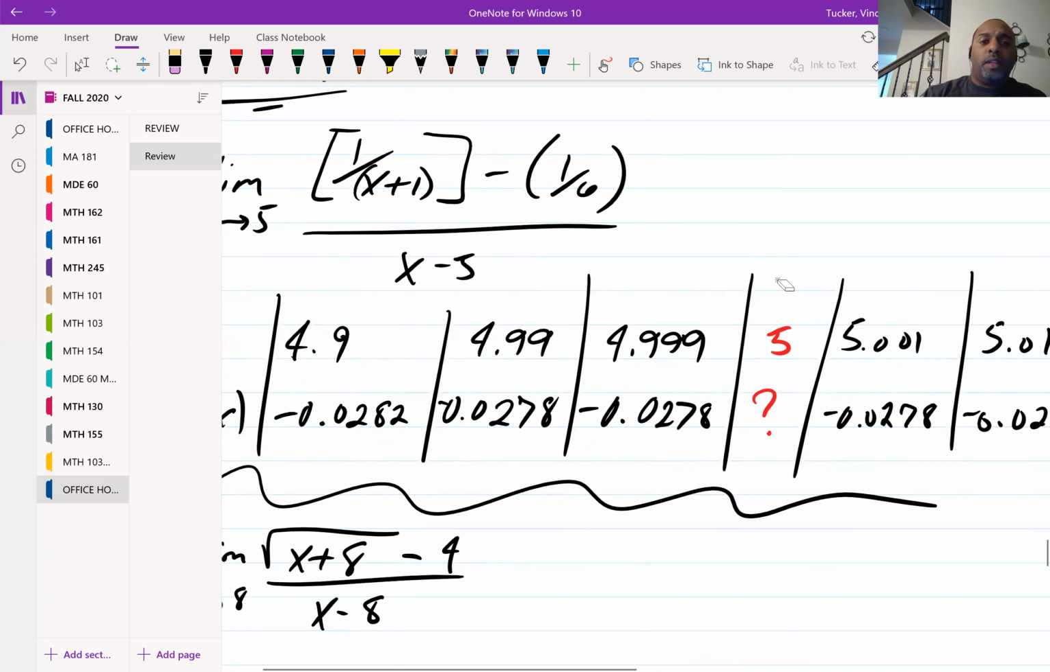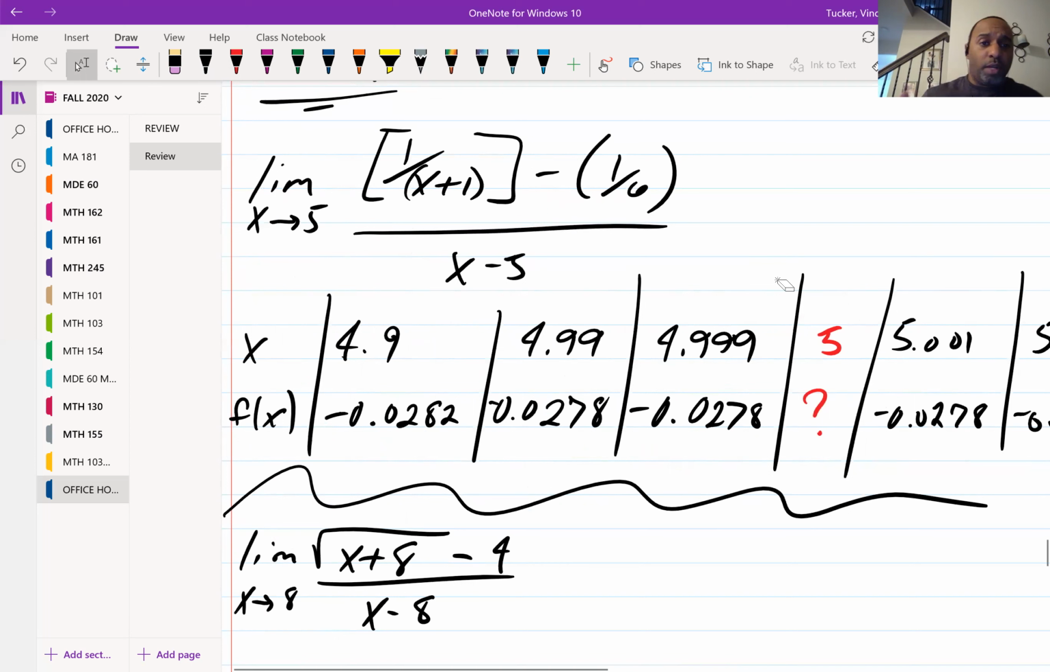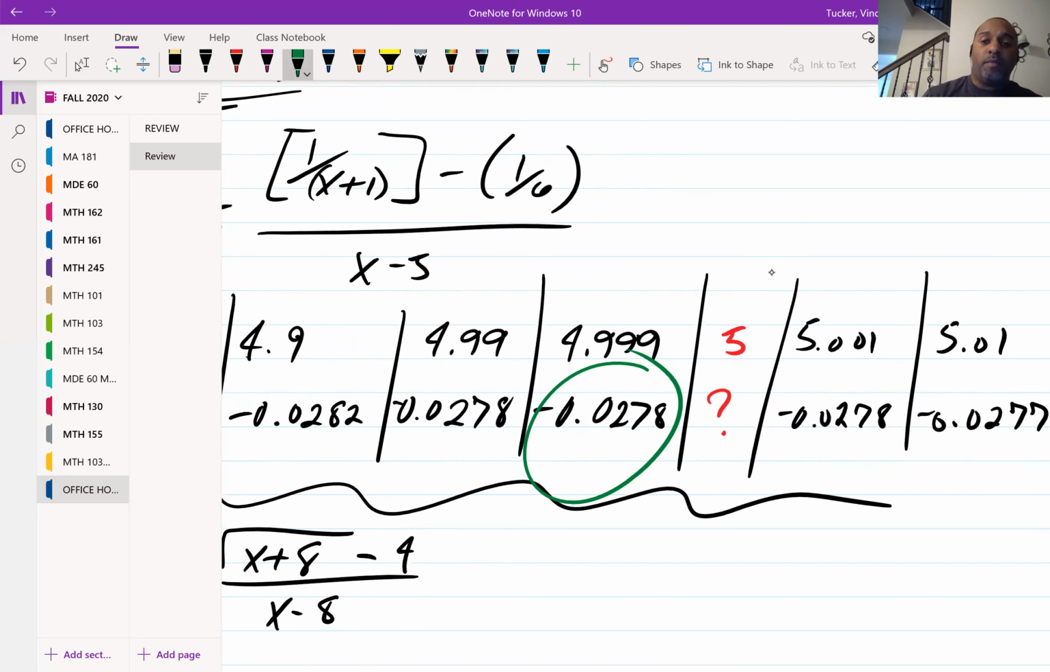So now they're asking what is the limit of this expression as it goes towards 5. We know when you plug in 5, you get 0 in your denominator, which is undefined. But what is the value approaching when you're going towards 5? Well, at 4.999, you get negative 0.0278. At 5.001, you get negative 0.0278. So basically leaning on the sandwich theorem property, our answer would be negative 0.0278